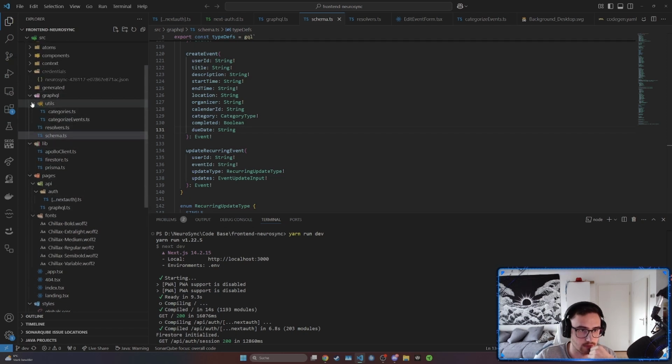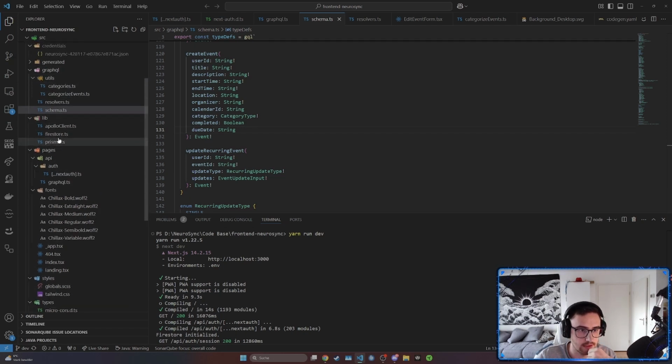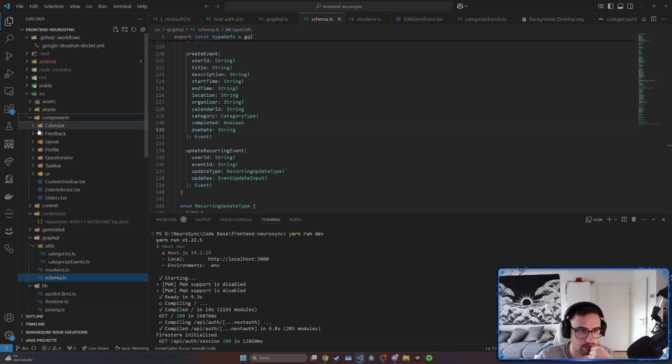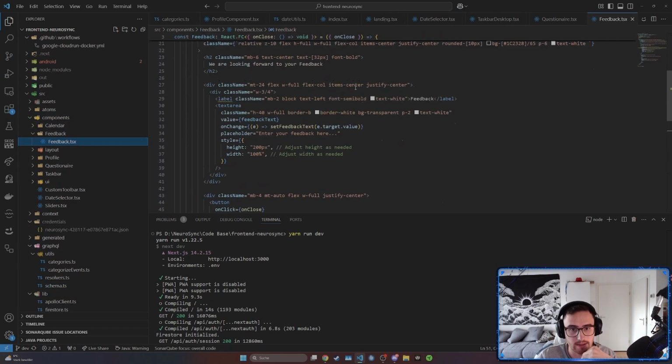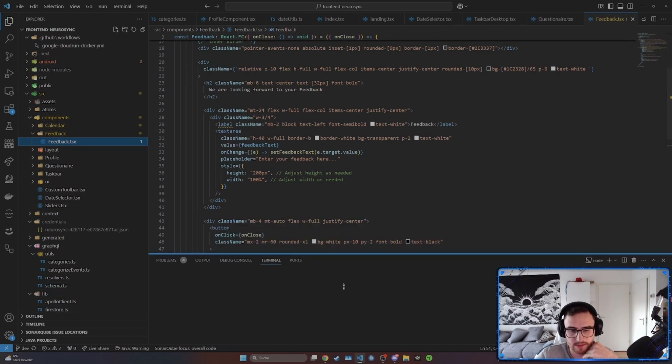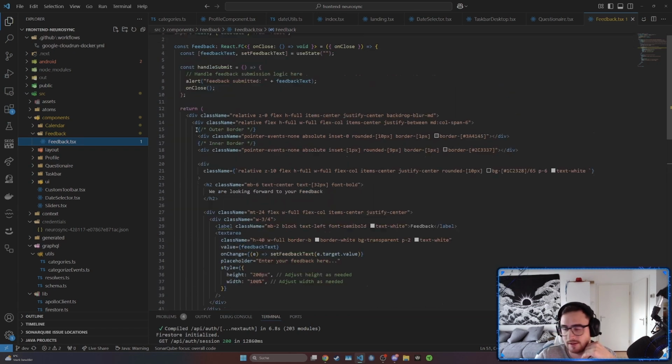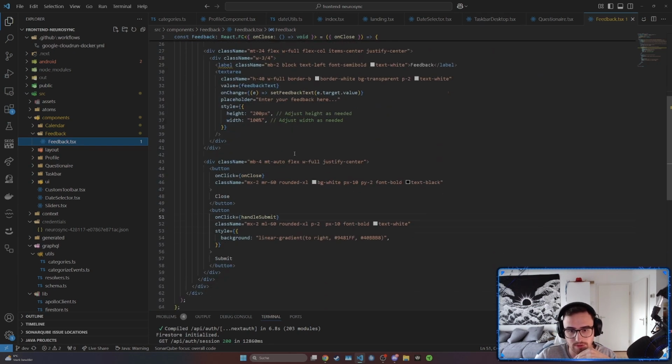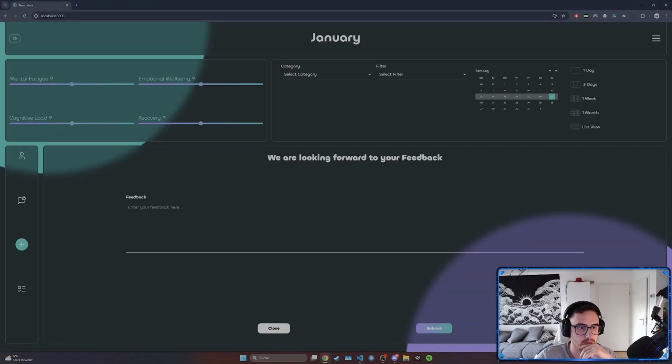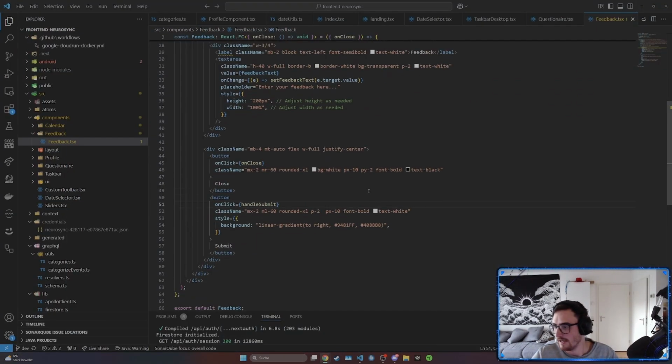and let's quickly go to our component where we have our feedback. Right. So this code handles the UI component of the feedback, and